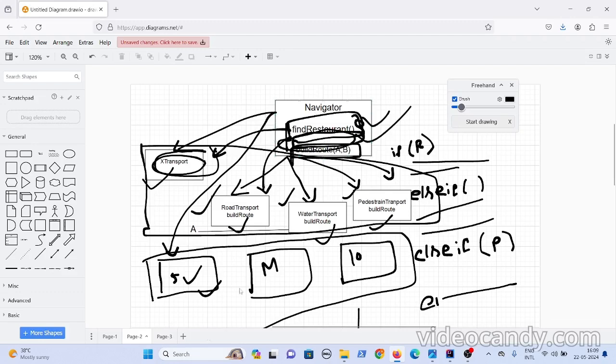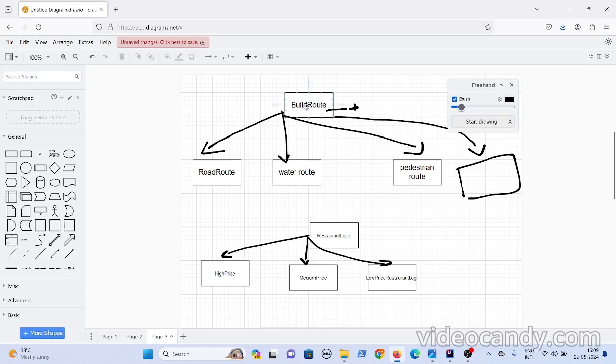So instead of extending from the navigator class, I have built an interface. Build route is an interface, and it has a build route method. So road route and water route implement this. Now for restaurant logic, I have created a separate interface, and the high price class, medium price class and low price class will inherit from this restaurant logic and add logic related to it.